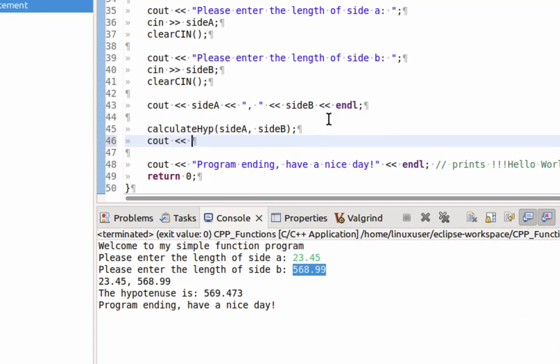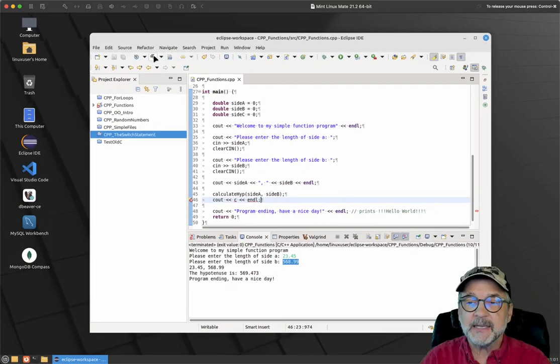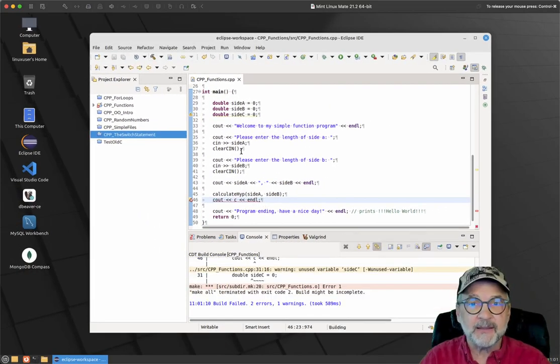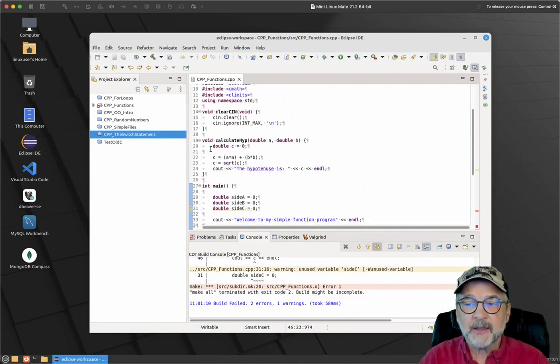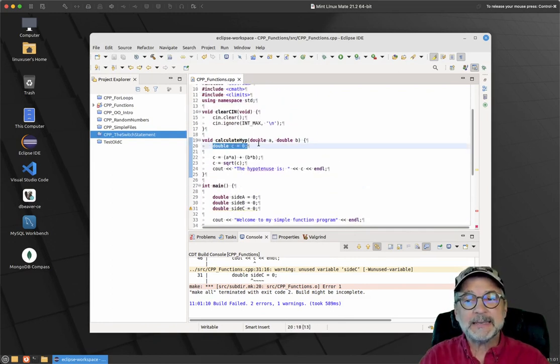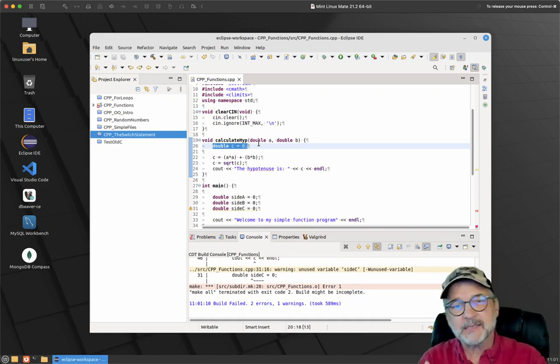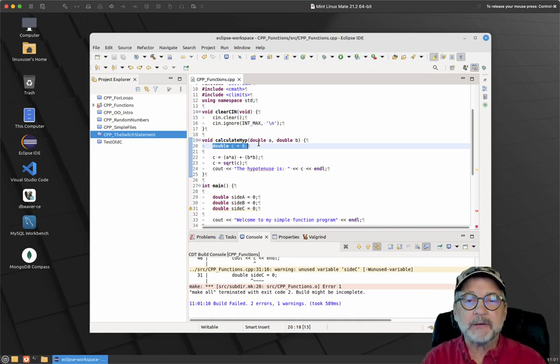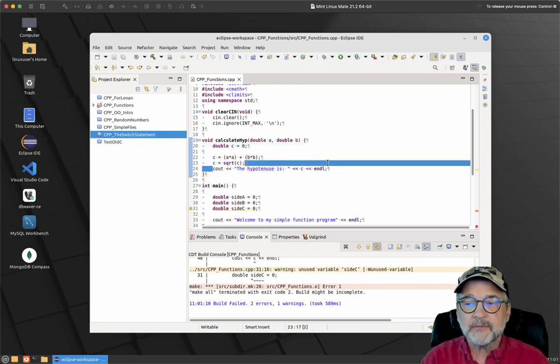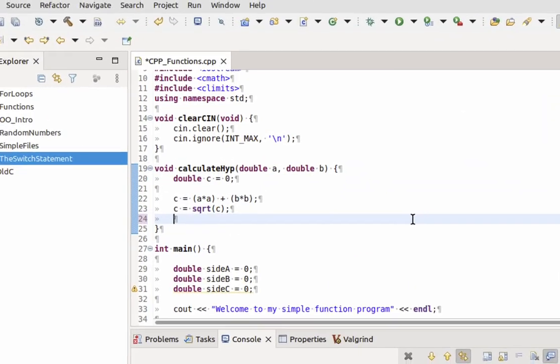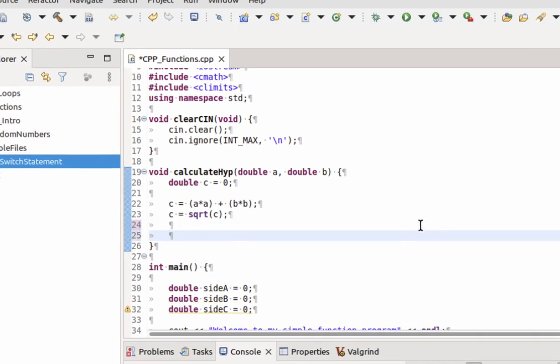Also, main, after it calculates the hypotenuse, can't print C. If I say cout C, it doesn't know what C is because C was not defined in main. C was defined in here. So the variable C can only be used in that function. So how do we communicate to the outside world after calculate hypotenuse is done calculating? How do we let them know, hey, this was my calculation? Well, the best way we can do it is we can say